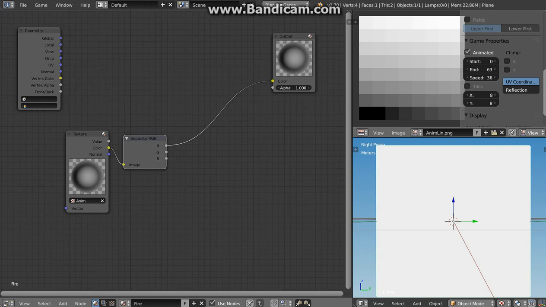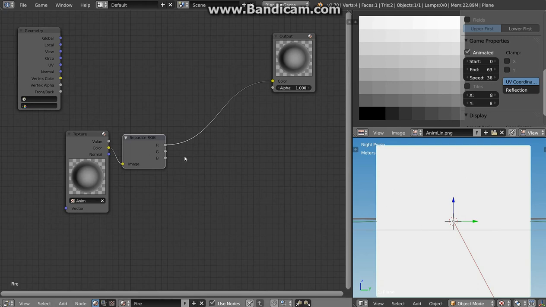So if I would use this output for modifying my UV coordinates, I would actually end up with something that will move in all directions. So when I want to have the control of it, and I want, for example, only the green value to be changed, so the direction will be better controllable,